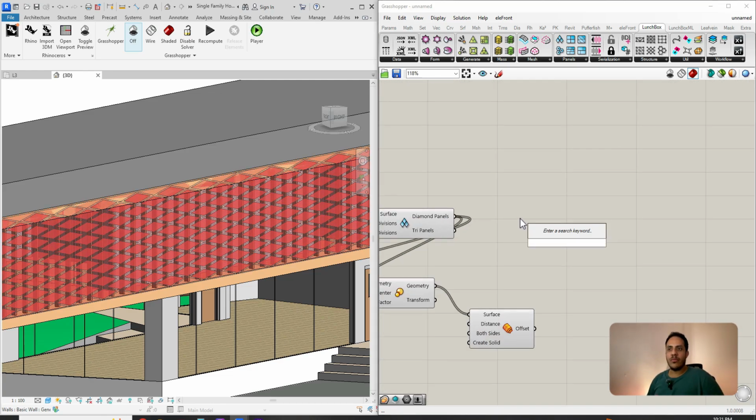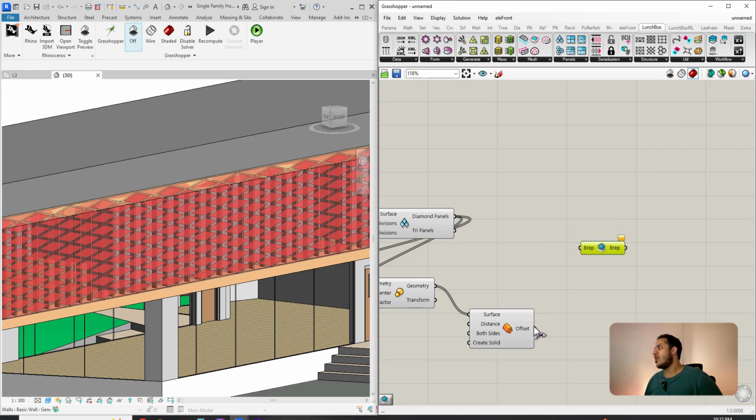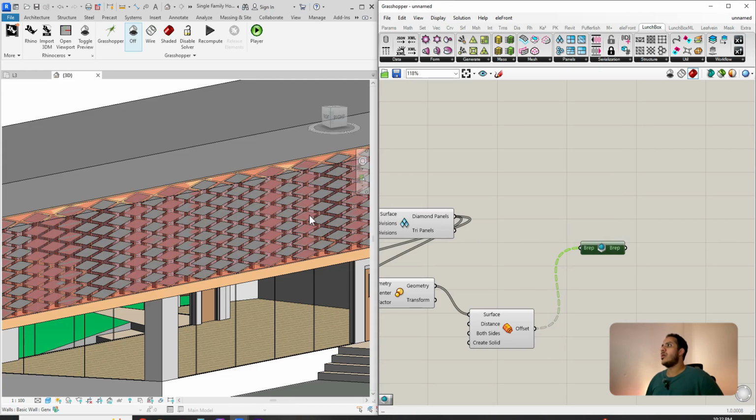Okay, the picking from Grasshopper or from Rhino to Revit. Let's speak about Grasshopper now. From Grasshopper to Revit, the component that we are using, add direct shape, geometry or BRep, it doesn't matter for now. I would go with BRep, and it